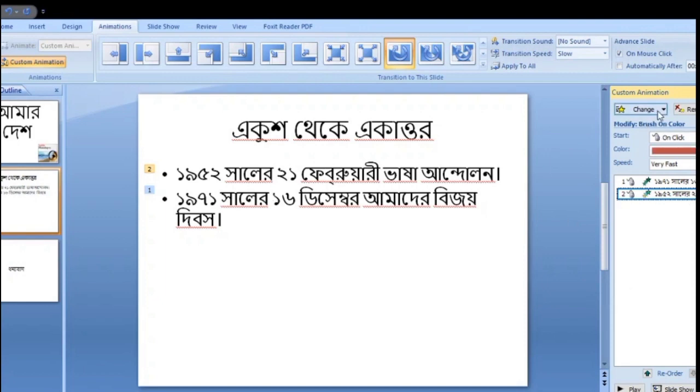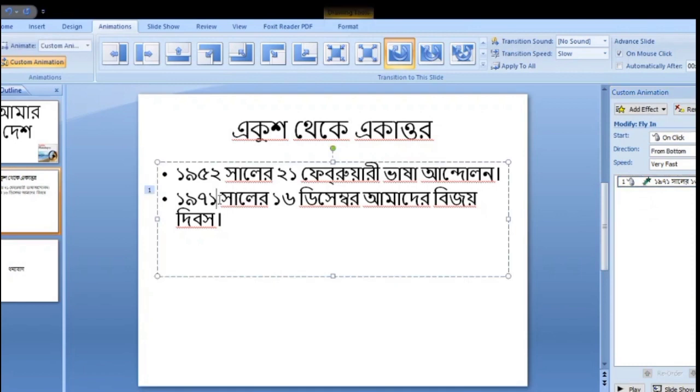Again I revert to the entrance, Blinds, then brush color. Now, to remove the transition from a specific text box, I click the Remove button. Only the entrance animation remains available on this text.